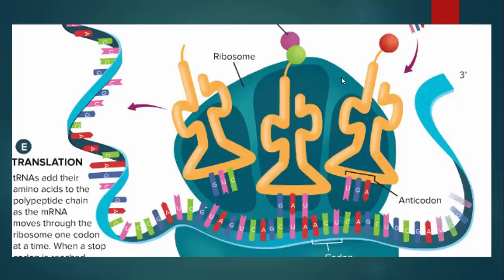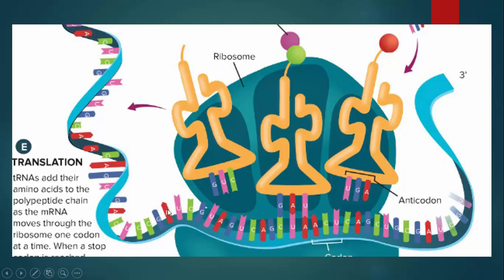So here we have translation. And I know this is translation because I see the letter U. I don't see DNA here. If I saw DNA, and we were going from DNA to mRNA, I would know we'd be in transcription. But because I don't see any T's here, I know we're dealing strictly with mRNA and tRNA, which is why we're doing translation. So here's my mRNA. It's made a complementary copy of the DNA.